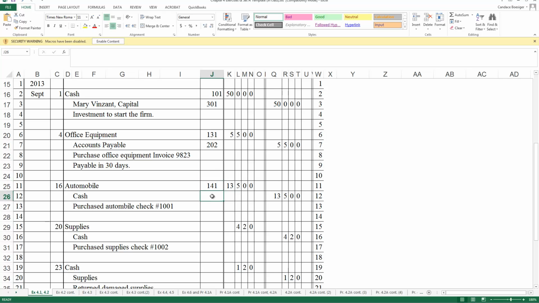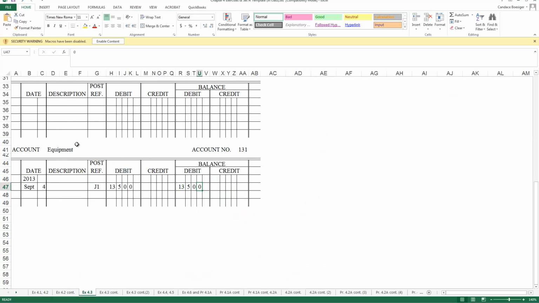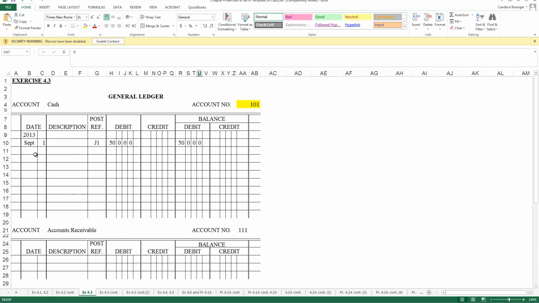Cash, we wrote them a check, so we have to post this cash out to our general ledger. So let's go find cash. The date on this transaction is the 16th. It came from General Journal page 1, but this time it's a credit. We're crediting cash. So the account balance in our cash